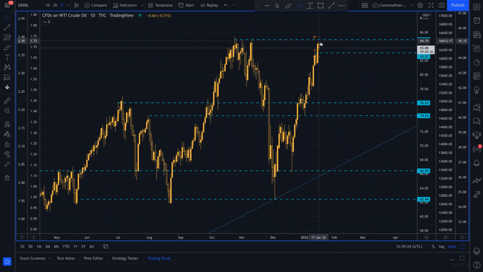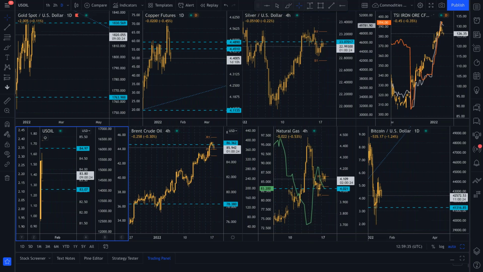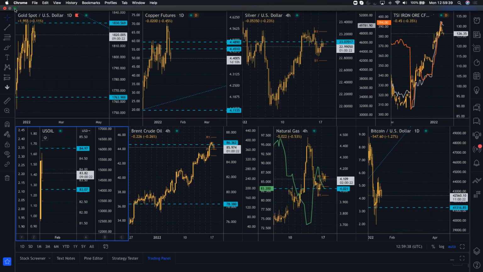I haven't got the support. I don't want to be buying it into this key resistance level. Don't buy into resistance as a general rule ever. But if we see a sort of a spike higher and I see a key rejection, look at oil. But that does relate very much to what's going on with CAD.